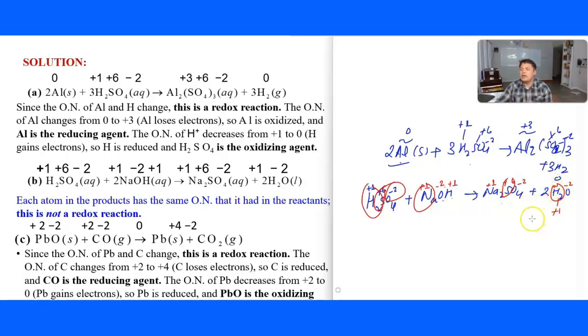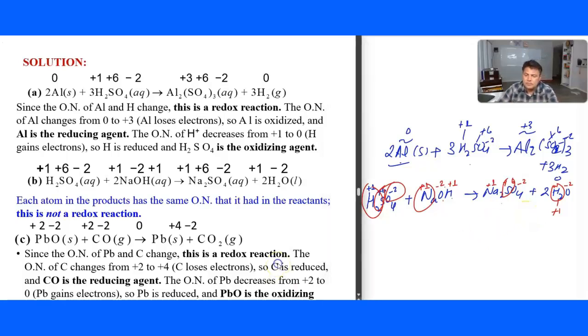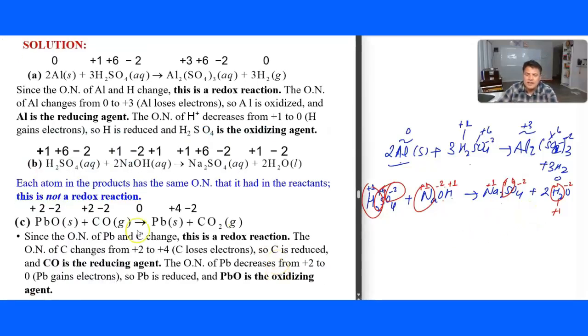So there is no oxidation number either increasing or decreasing. That's why this is not an oxidation-reduction reaction. In an oxidation-reduction reaction, at least one species has an increase or decrease in the oxidation number. So in this case, you see that